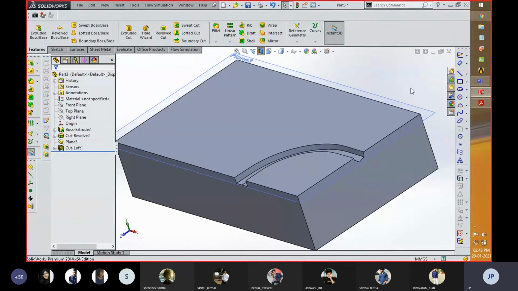Right now I'm going to stop this and showcase these different tools which I am showing you, and how they can be used. With respect to the boundary cut, which is the only one left, it can be used in a similar manner to boundary boss. This tool is only used for removing material. It removes material by connecting a face with respect to a geometry. Okay.